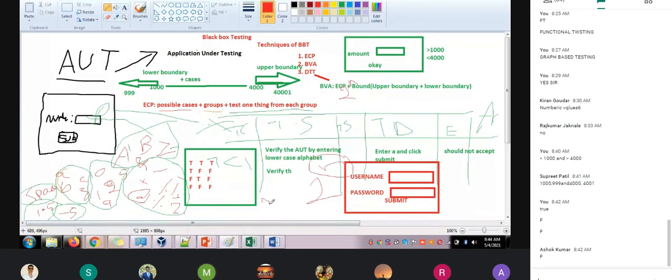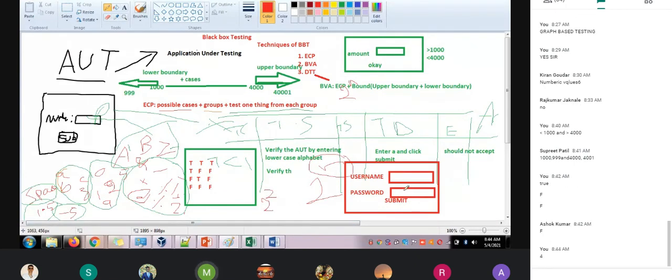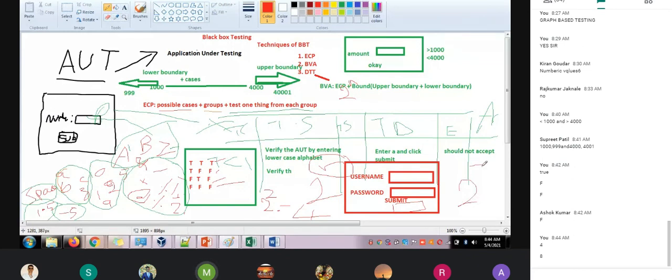So 2 power 2, 2 inputs, right? 1, 2. 2 power 2 is 4. 4 test cases you need to write down. If 3 inputs are there, then how many test cases? 8. 2 power 3. 8 test cases you need to write.